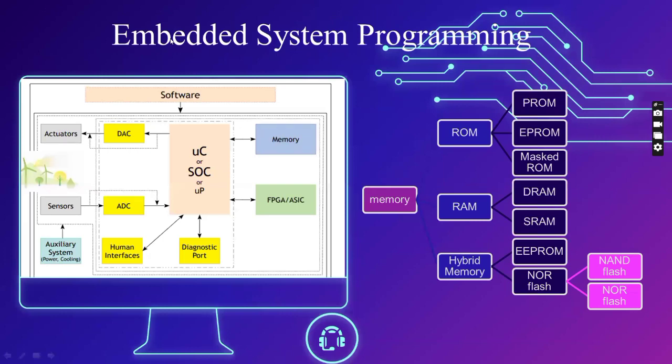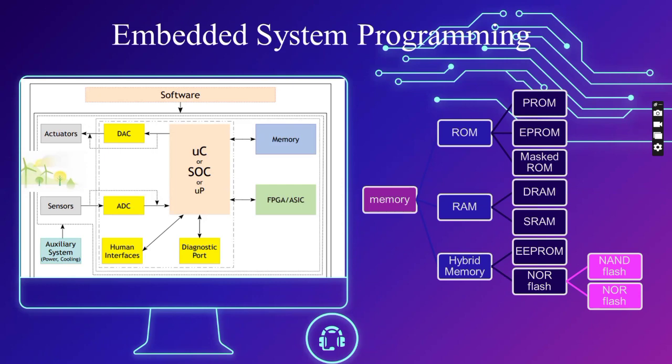So this leads us to our next unit, embedded system programming. System software: we have the embedded system software, the actuators, and the sensors. We also have the auxiliary system, normally power, cooling, and other things. We also have the human interfaces, normally the LED. Then we have the diagnostic ports. We have FPGA, ASIC, memory. Then we have